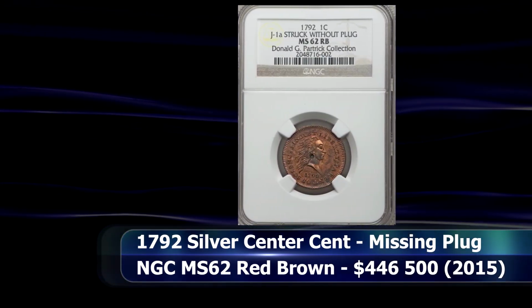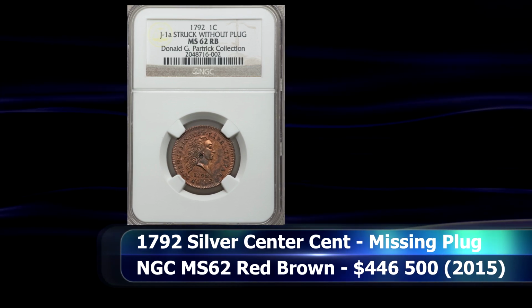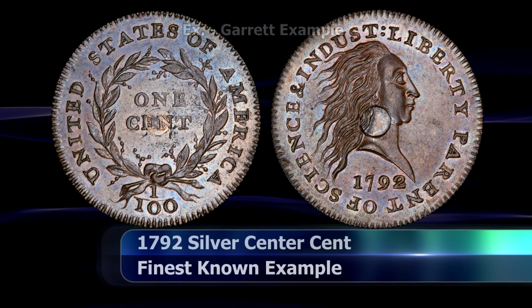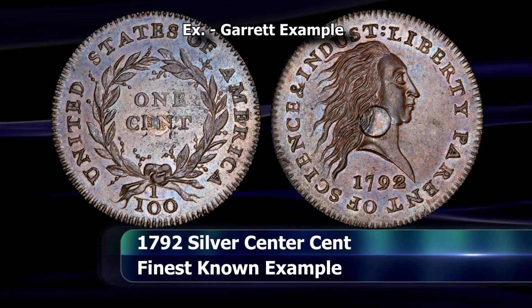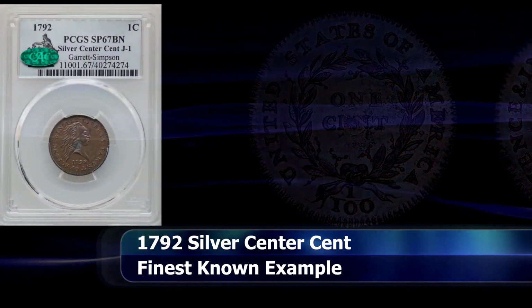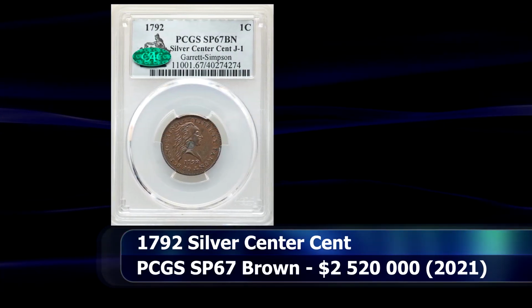$446,500. As for the coins that are unquestionably authentic, with established provenances, this example of the silver cent-a-cent is the finest known at a grade of SP67 brown, and was sold in 2021 for the sum of